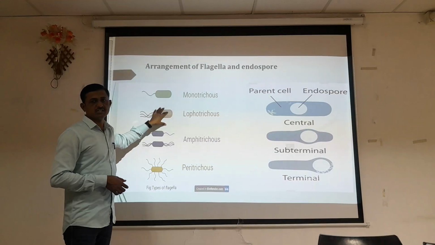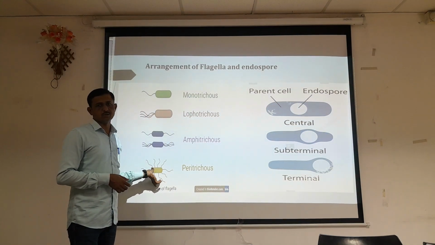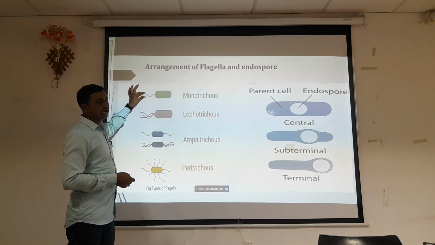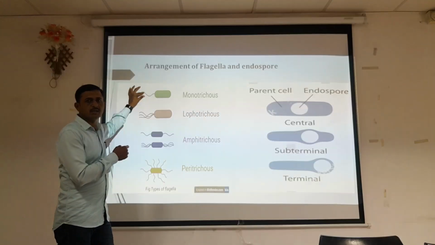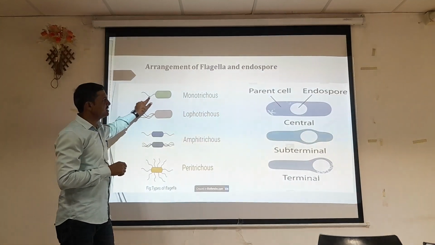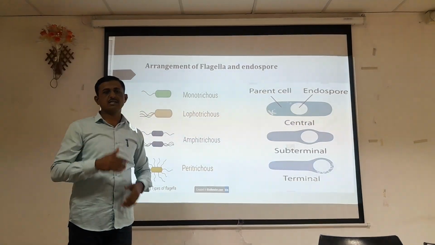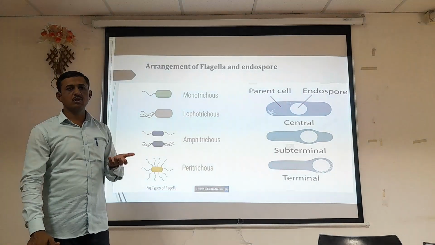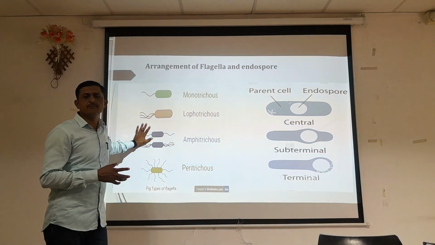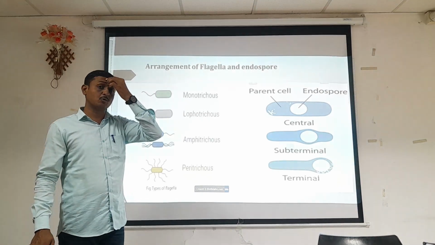So for flagella staining, when we stain, the typical flagellar arrangement can be observed under the microscope. A bacillus which has a flagellum at any one end of the two poles of the bacterial cell, at only one end, has an arrangement that is nothing but monotrichous flagella. If they contain flagella, they are motile. Many times cocci are found to be non-motile organisms, and flagella are mostly absent in coccus-type organisms.